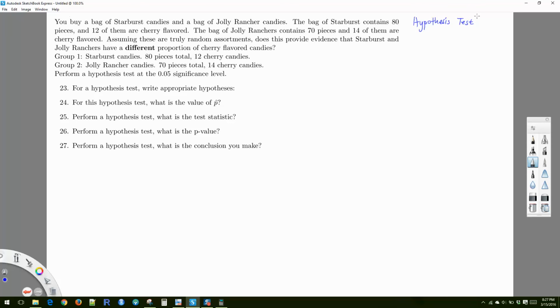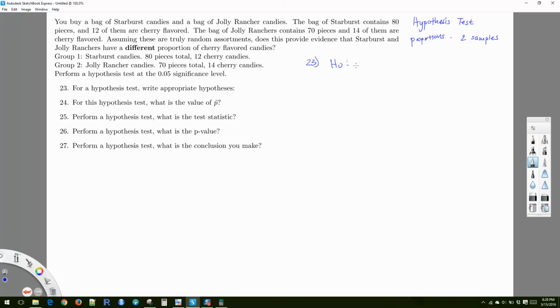And the question here is, do we have one sample or two samples? Are we dealing with means or proportions? Okay, we've got proportions because we're talking about the flavor of candy. It's a categorical variable. Cherry candy is yes or no. Proportions, and then we have two samples. It says Starburst and Jolly Ranchers. Okay. All right. So for number 23,